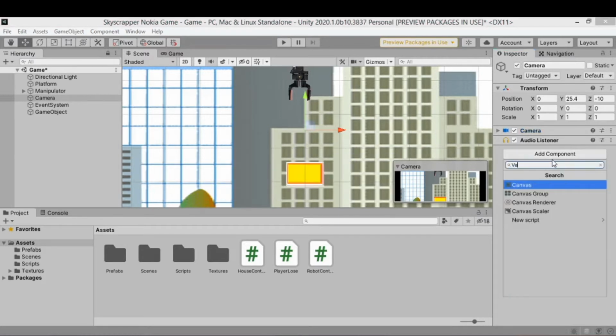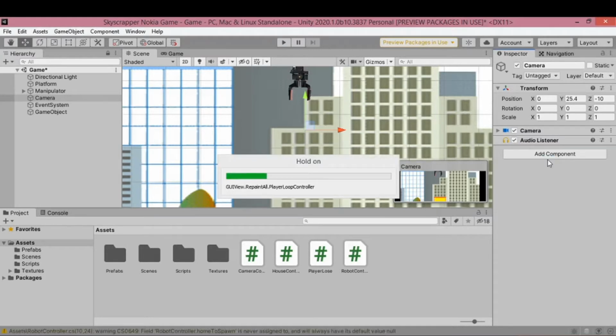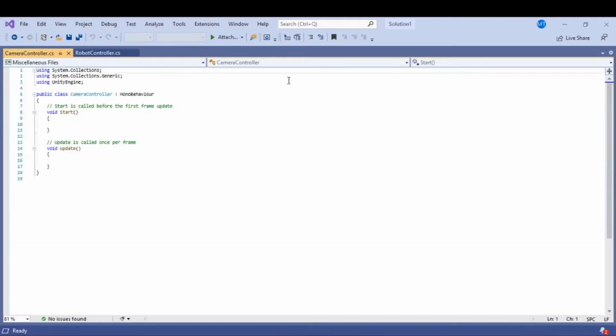Okay, let's create a camera controller. New script. Let's hit create and add. So now, when we wait for it to appear here, let's double click this to open it up in Visual Studio, and what we want to do is create a game object,